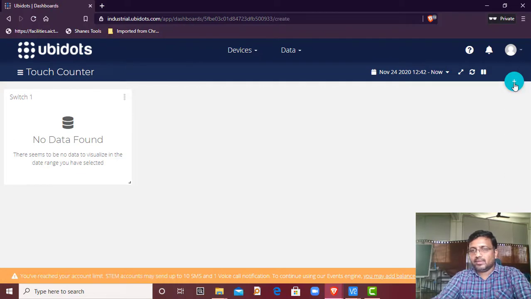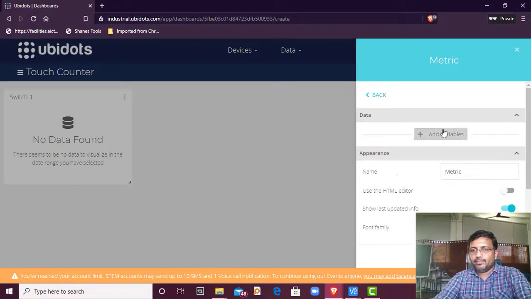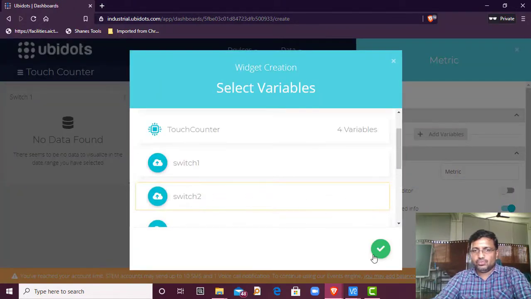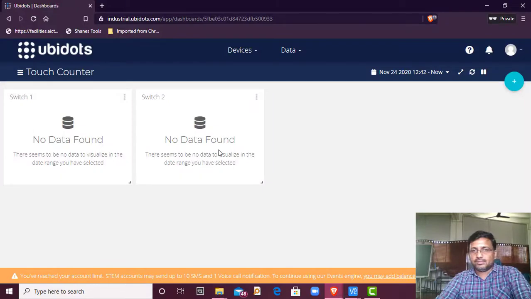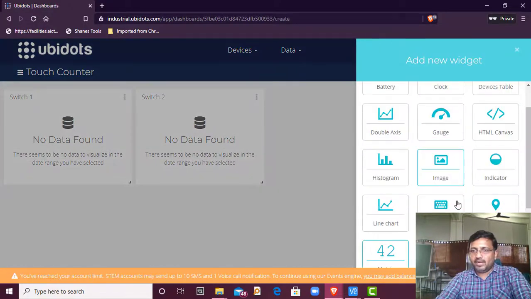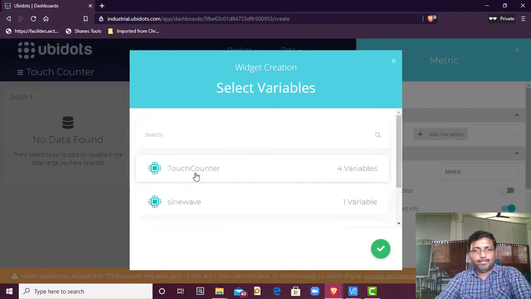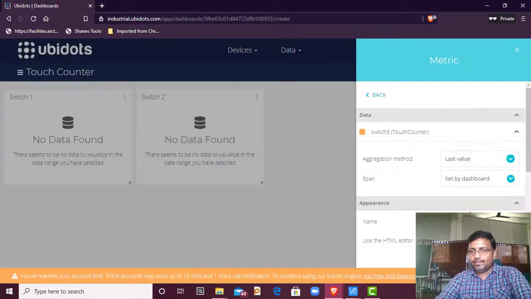Again I need to create another counter. So plus symbol, again metric, add variable, touch counter, switch 2. Okay, again the name is switch 2. Click OK after this. Switch 2 is ready. Now I will add another one, that is switch 3. So add again touch counter, switch 3, click OK.